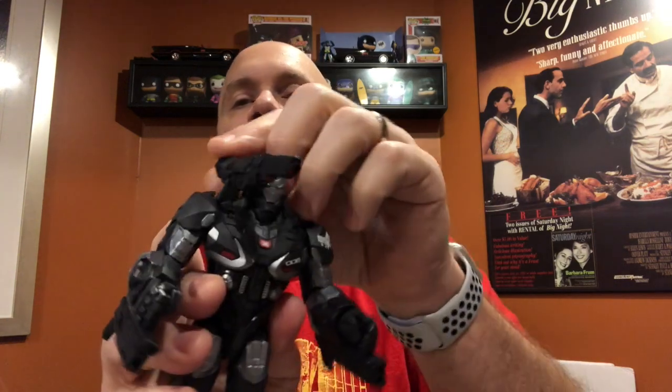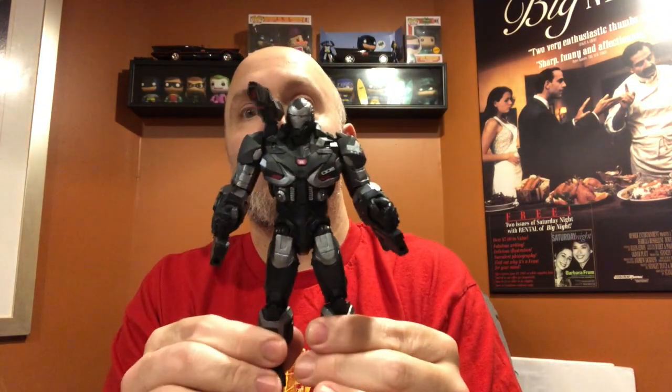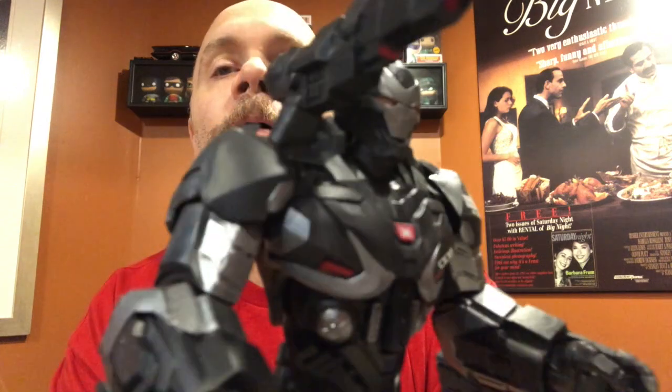And they look alright, you know, they're cool. It really bulks him up, that's for sure. And then you've got his cannon up on his shoulder, a little bit of red paint detail in here and here. And again, it's a little plug on the top, and that's it. You can get a little bit of range, but not a whole lot. And yeah, so there he is,